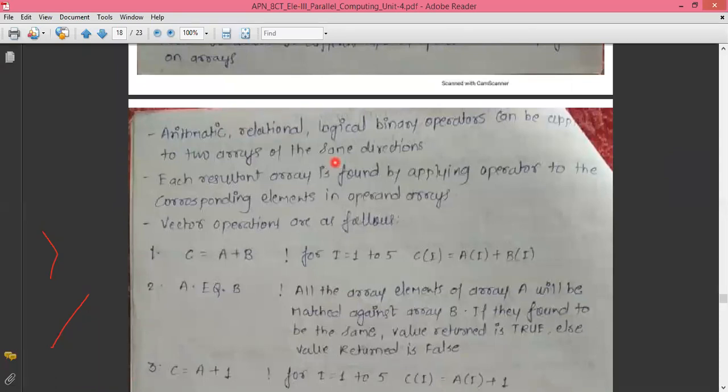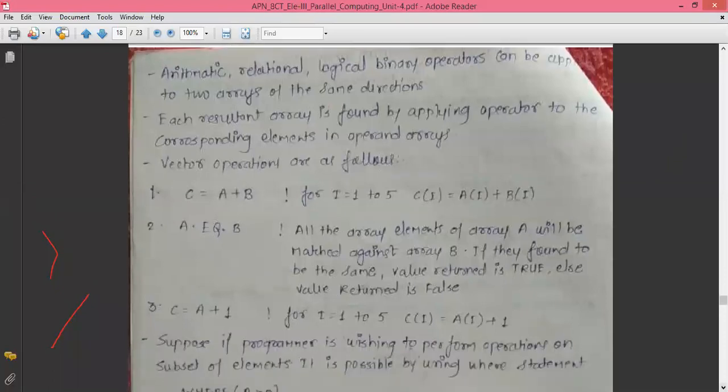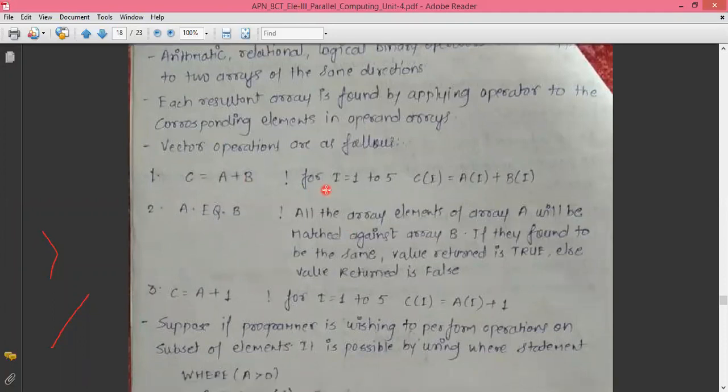So how do we write the operations or use these operators? Let us take some examples. If you want to write an instruction in a programming language, this is how we write it in the typical C programming language, where we usually use lowercase variables. One way is C of I is equal to A of I plus B of I, where I is nothing but the array component mentioned in the loop.